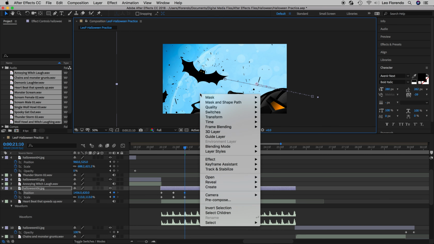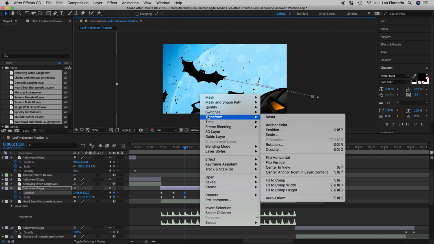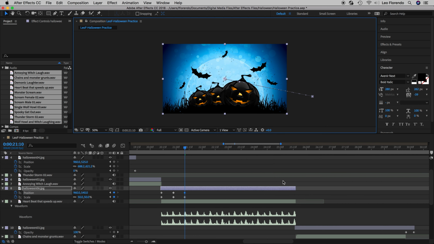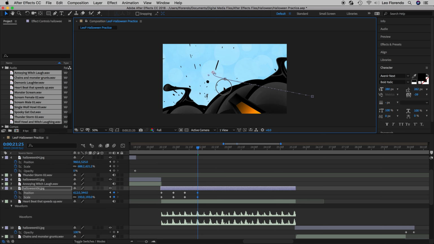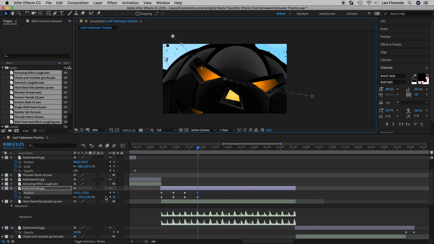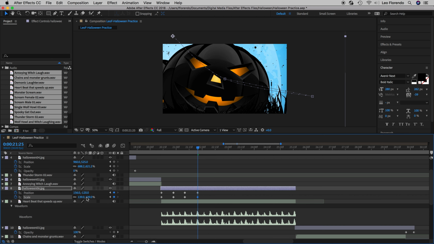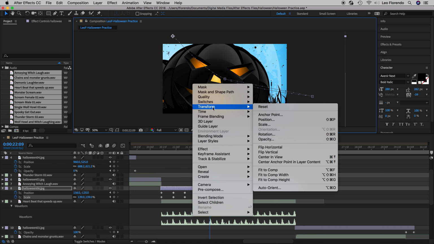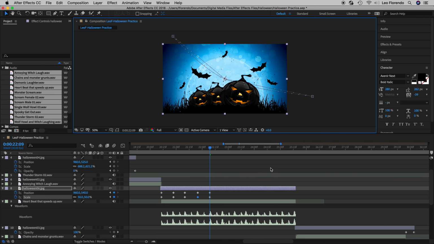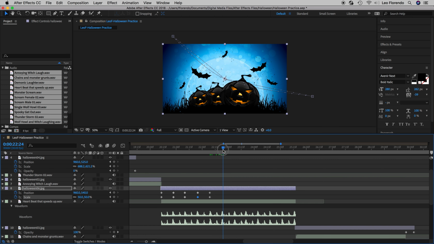Or actually I'm going to right click and transform, fit to comp. Okay. Then this one, move it over. Now what do I want to zoom in next? Maybe this pumpkin. So I'm going to zoom in and then move it so I see the pumpkin face. Maybe too big there. And then move my playhead to the next heartbeat, and right click, transform, fit to comp, and keep going. So the next heartbeat here,